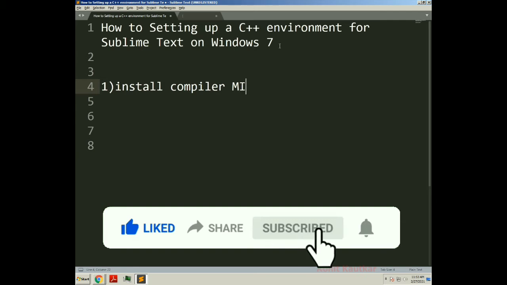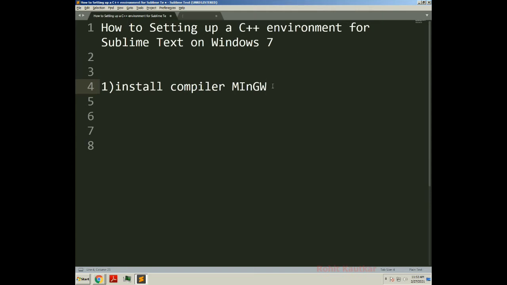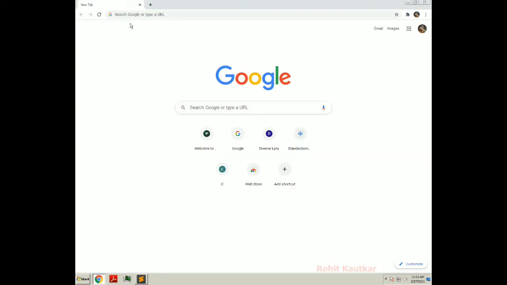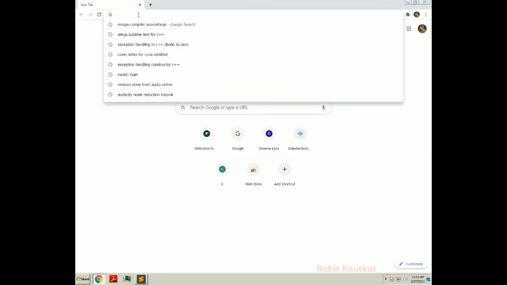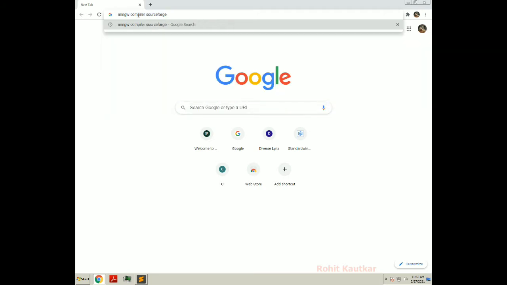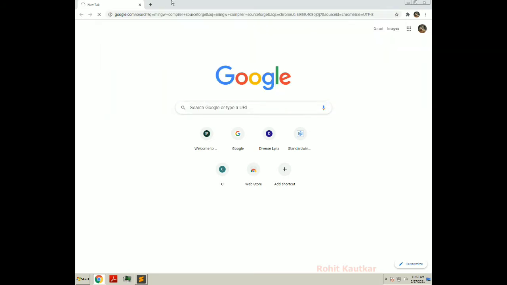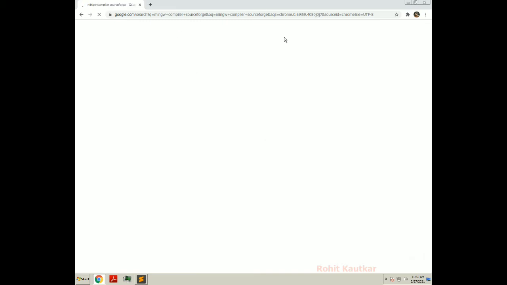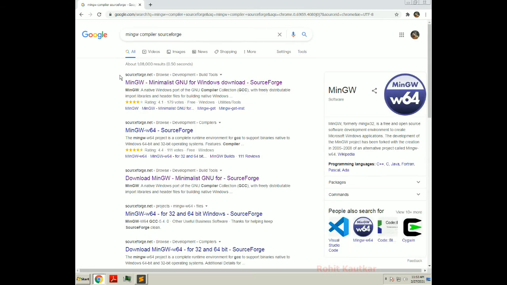MinGW, minimalist GNU for Windows. Okay, so you can go to Google and search for MinGW compiler on sourceforge.net website. So first link will appear, sourceforge.net. So open this link